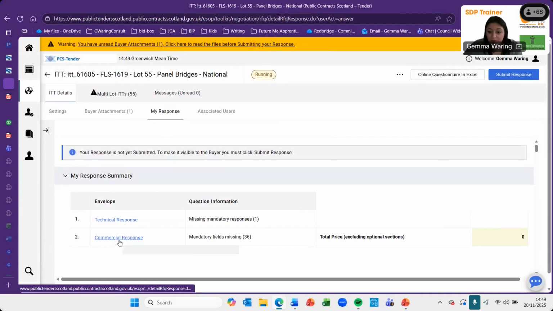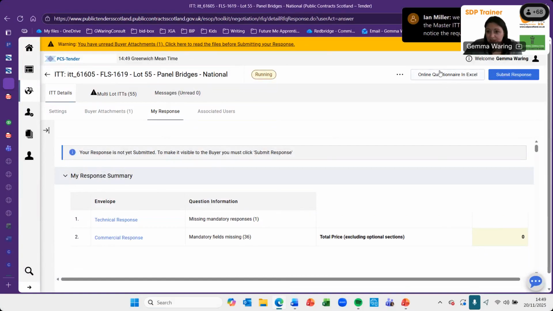So we've got the summary at the top, very similar to what we've looked at before. And in here, you've got the pricing being submitted. You do have the ability to do,